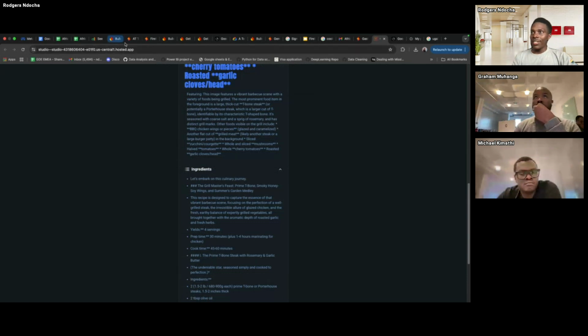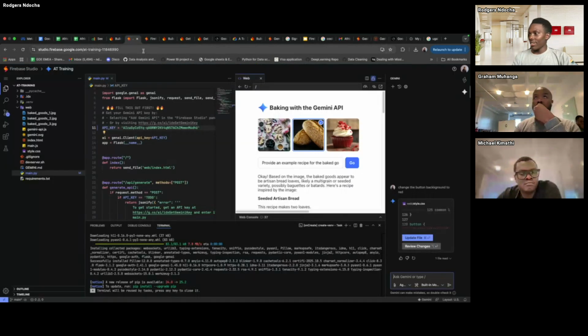Let me see if the other application works. Okay. If you see here, it's one thing with vibe coding. Of course, you'll be interacting with files. Like here, Gemini is identifying, for your request, the kind of file we are going to change, and it has given us this file, style.css. This is the one we are going to change to red.